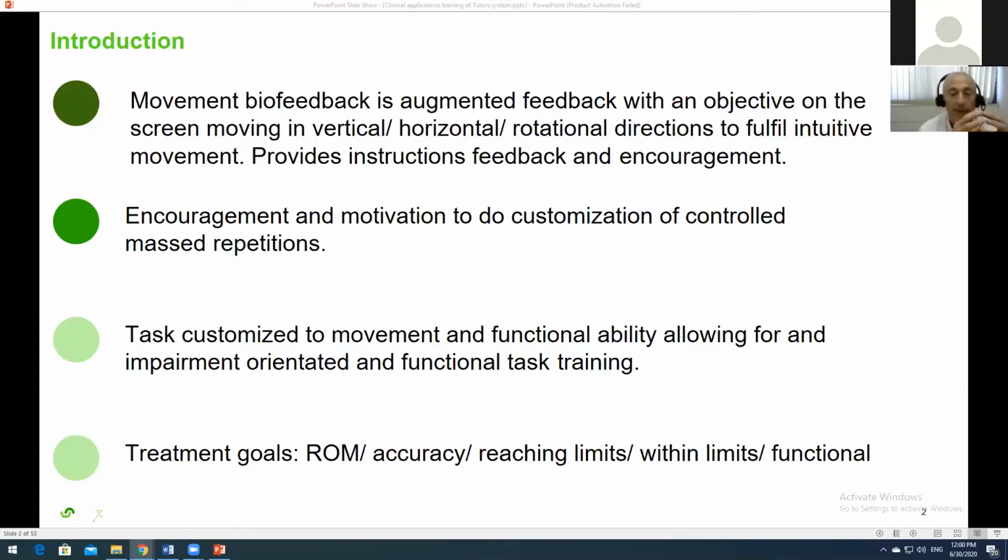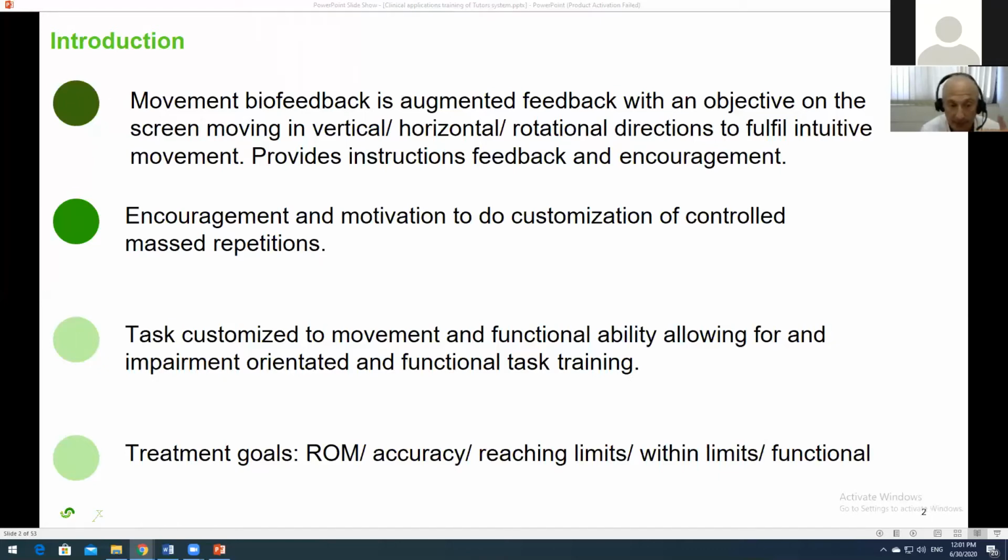When I'm talking about customization, I'm talking about being able to customize the practice to a particular joint, to a particular range of motion, to a particular speed of movement, a particular coordination of joints as well,